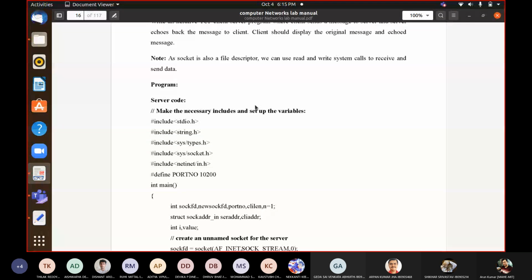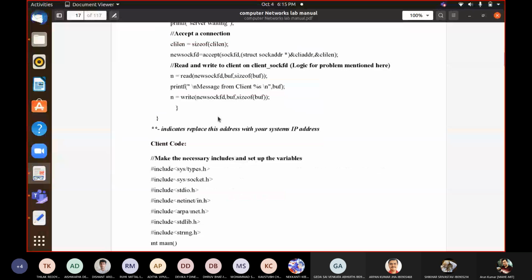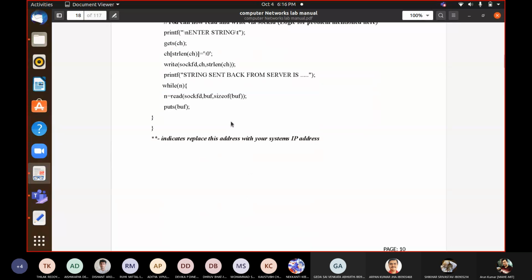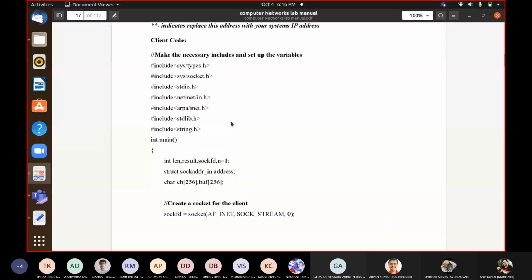While mentioning socket programming in my theory classes, I disclosed that you have to come up with two programs, a client side program and a server side program, because it's a distributed system. The server side program will run at the server side and the client side program will run at the client host. So these are the programs. Now we will try to break down the program and understand what is going on in the client side code and server side code.